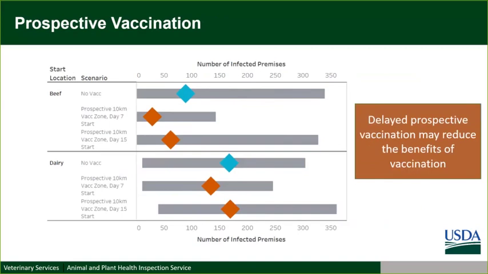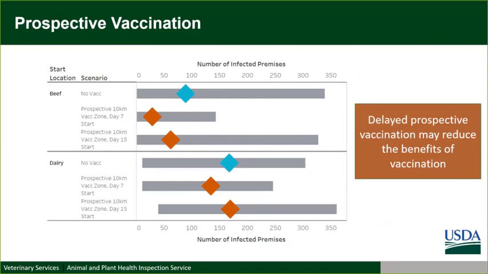So, key point number 3: looking at prospective vaccination plans. This is the idea of, once vaccine becomes available to your state or tribe, where best to apply that vaccine. The first scenario to look at, compared to the no vaccination strategy, is the second scenario down, where it says prospective 10-kilometer vaccination zone with a 7-day start. That means that once you have vaccine available, you're only going to vaccinate in new zones starting at day 7 and going forward. Any zone formed within those first 7 days, you're choosing not to vaccinate.